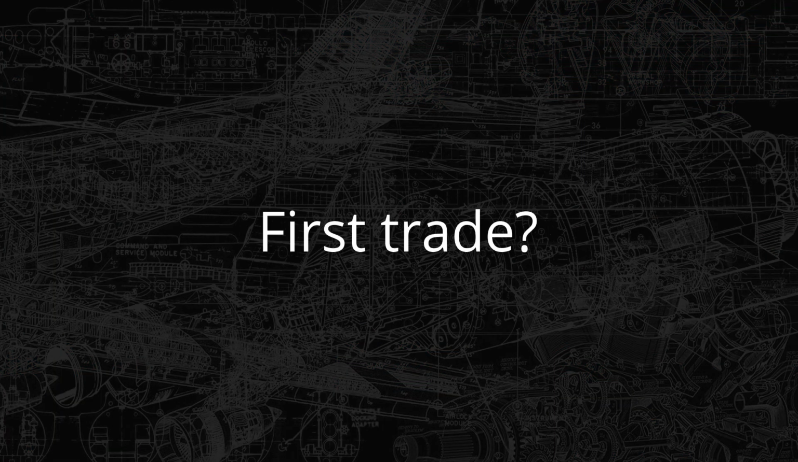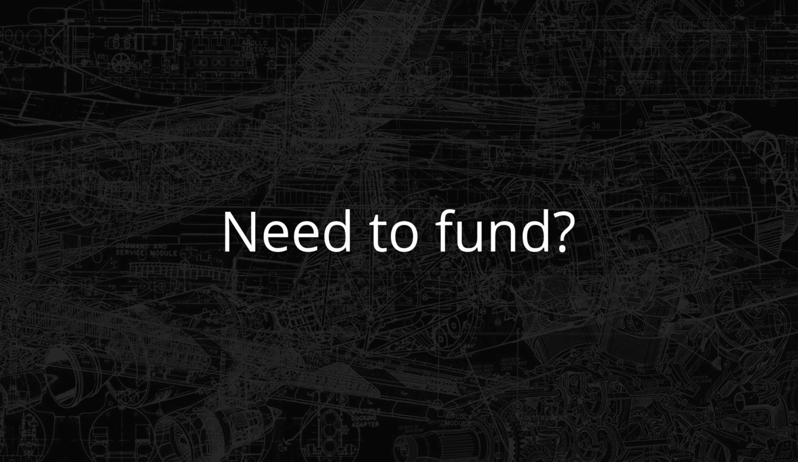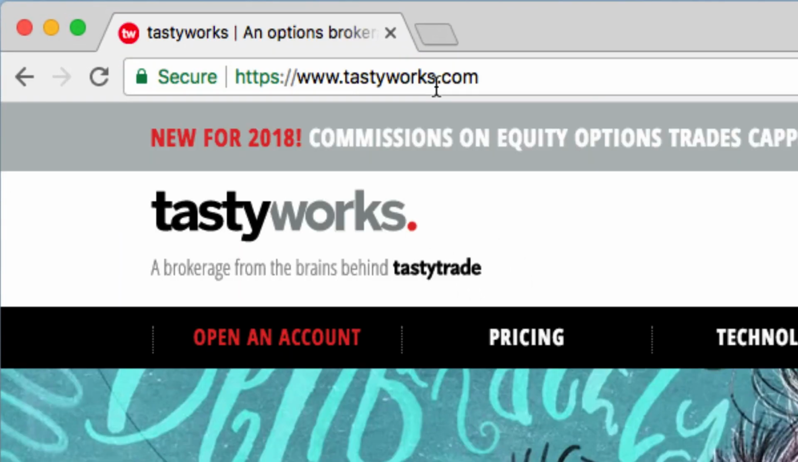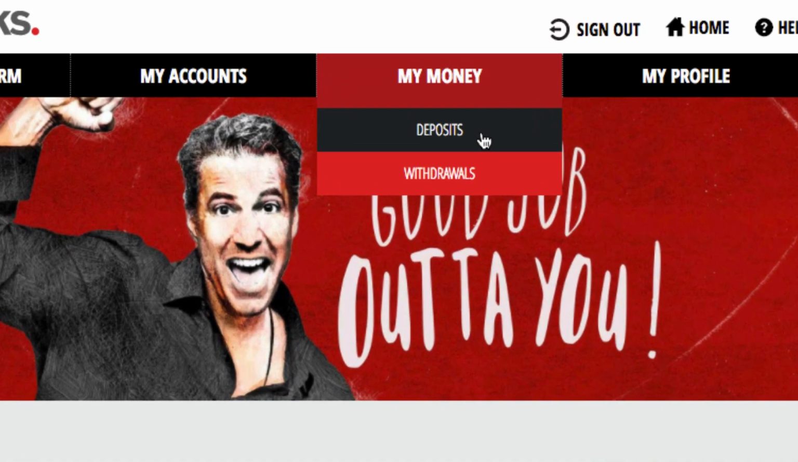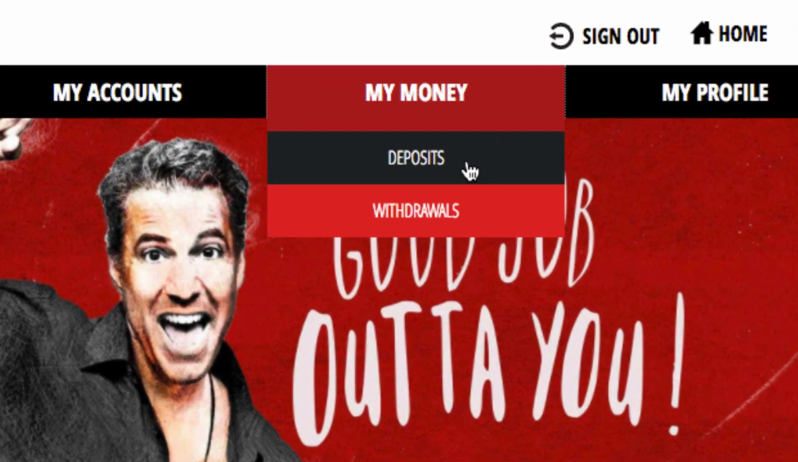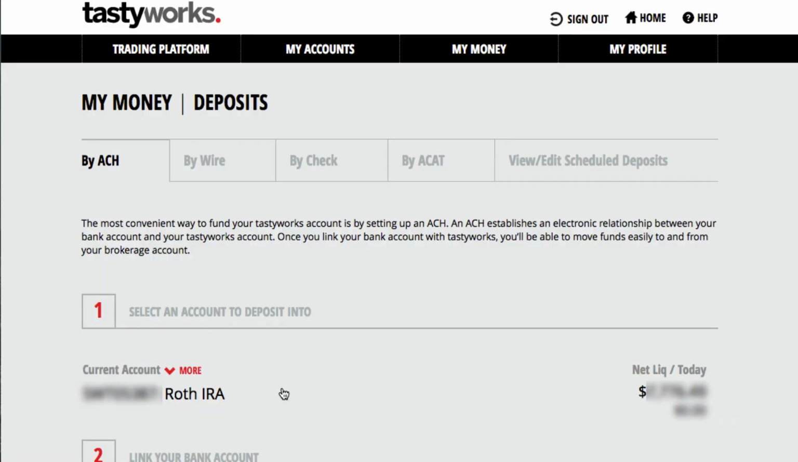Are you looking to place your first trade, but need to fund your account? Start by logging into your account at tastyworks.com and navigating to My Money and clicking Deposits. Here, you can create an ACH relationship to link your bank to your trading account using our instant bank linking